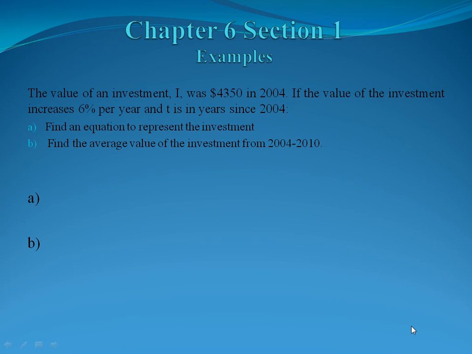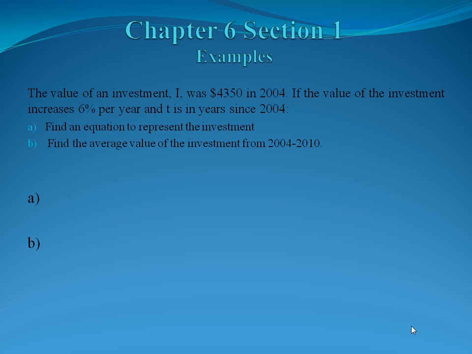Chapter 6, Section 1, Example 1. Suppose the value of an investment I was $4,350 in 2004. If the value of the investment increases 6% per year, and t is in years since 2004, first, find an equation to represent the investment, and second, find the average value of the investment from 2004 to